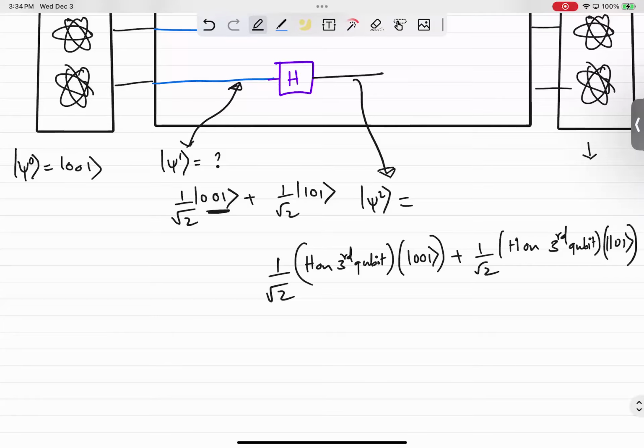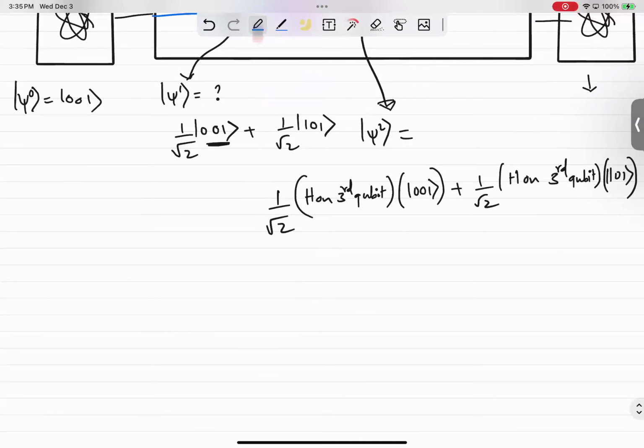Okay? And the third bit is a 1, so the Hadamard gate creates 1 over square root 2. The first 2 don't change, and the last one splits into